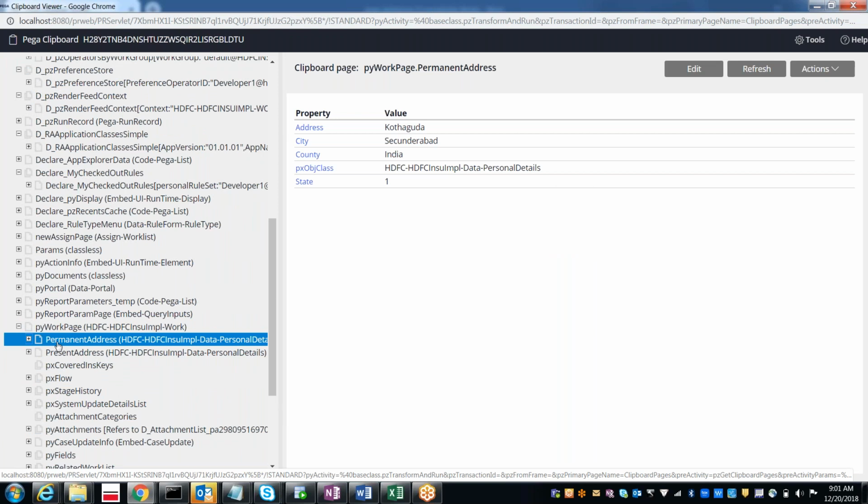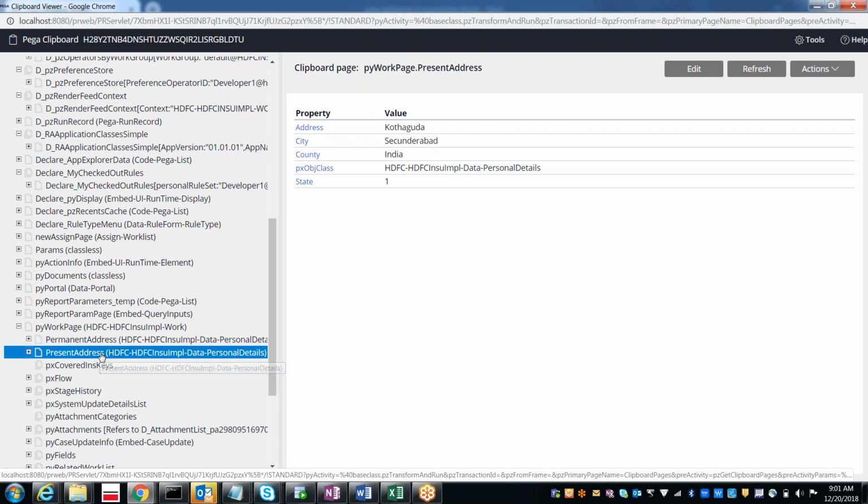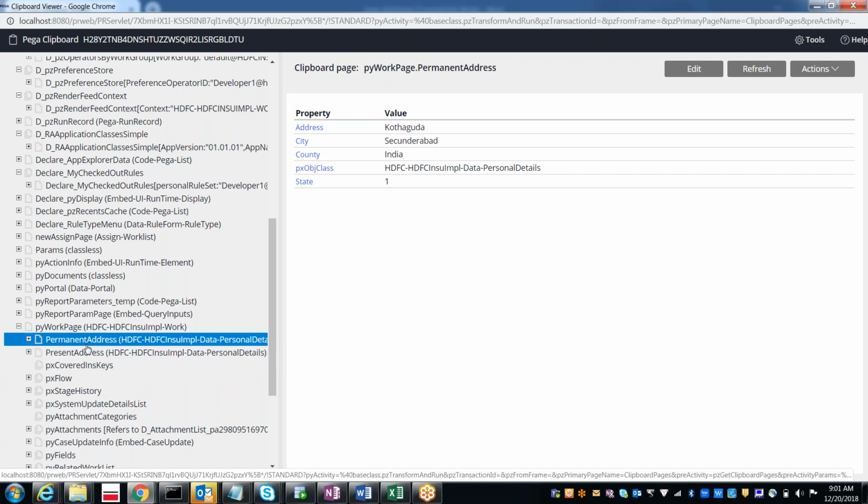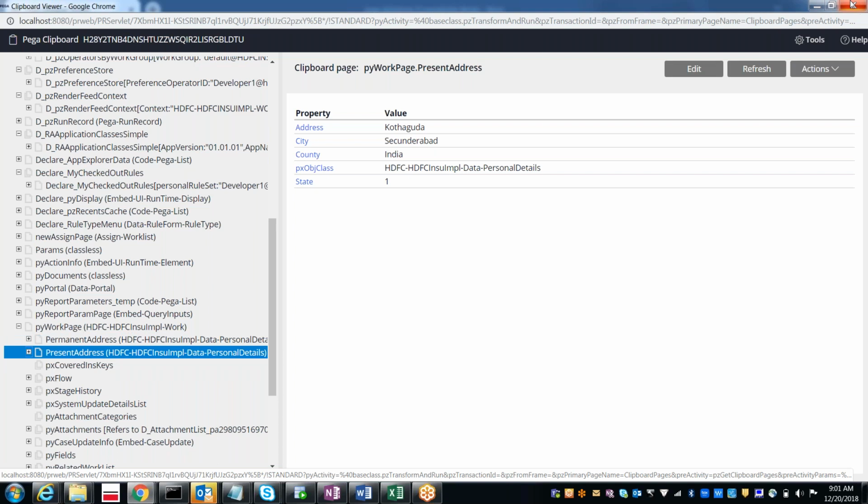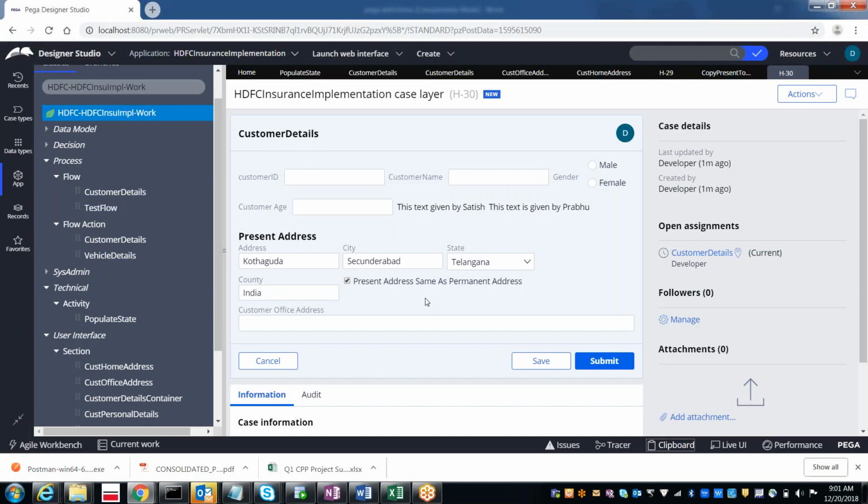But here, what's the next thing we have to do? Now we have the same values as present address, right? Both contain the same values. But to the user, previously we implemented hiding the section. So now we need to remove that visible condition, right? Then only we can see the values. So go to custom home address.